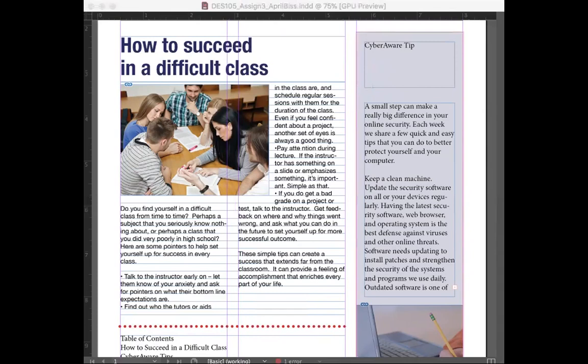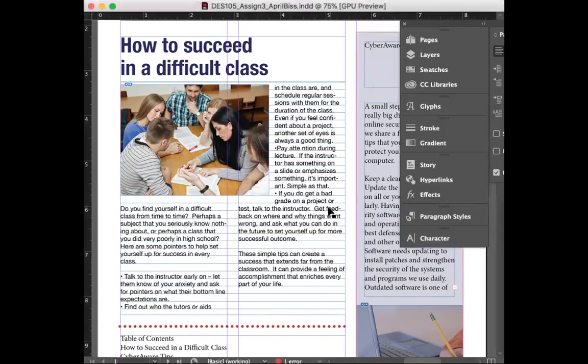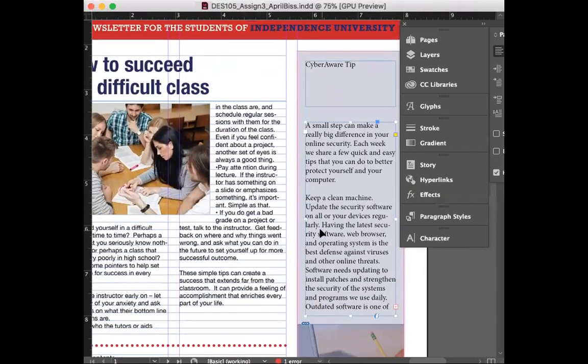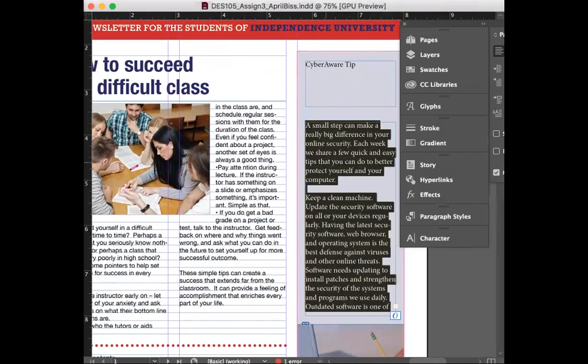Okay, looks like we're back here. So we aligned our baselines. That's kind of where we left off here, so that the first and second column are all working and all very even with each other. So you need to do that also over here. So what we need to do is just select our copy, select all with the type tool,